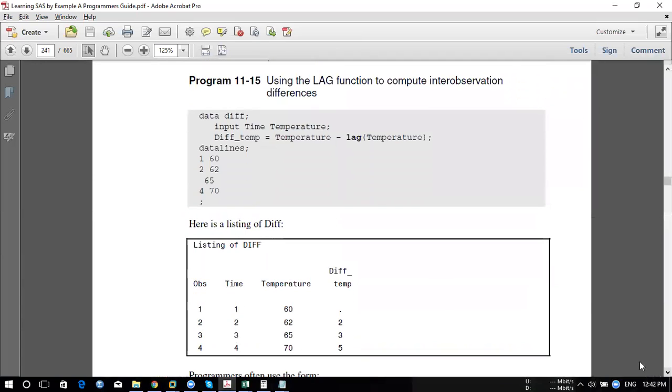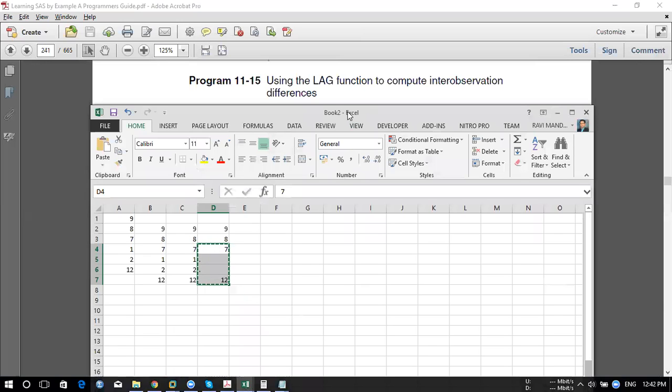This we have already done to find the difference between the lag values, correct? So we already have temperature data. When we do lag minus temperature, what will happen? Let's say you have data like this. I wanted to know the differential between 1 and 2.